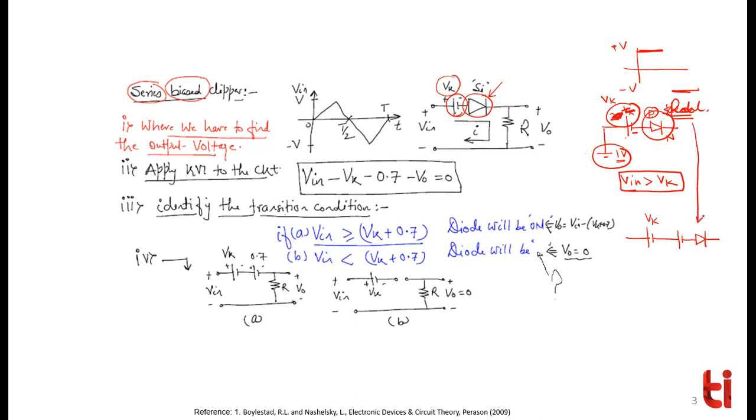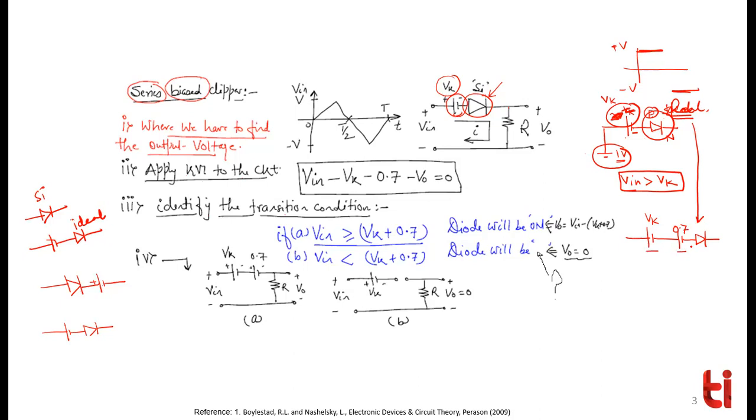Whenever you are replacing a silicon diode with an ideal diode, you have to replace it like this. So this is an ideal diode. This we have already seen in previous lectures. Last time I explained it this way, but it's the same thing: connect the battery positive with the n, or connect the negative with the p. Both things are the same. And this voltage is 0.7. If it is a silicon diode, we replace it with a 0.7 volt battery and an ideal diode.